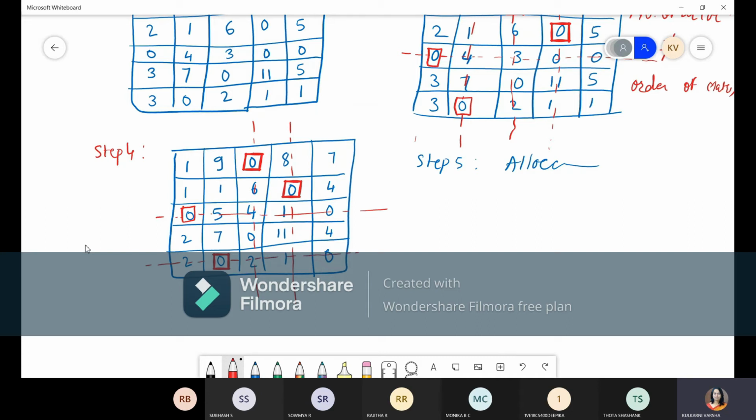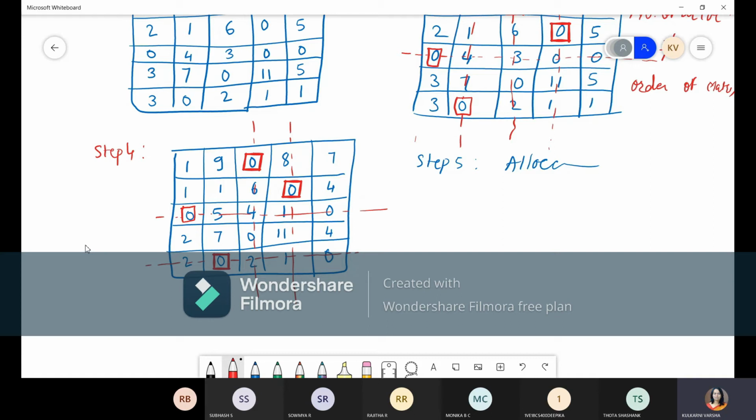Third column is already cancelled, fourth column is already cancelled. Go for the fifth column. In the fifth column, there is no zero, right? So as there is no zero, check once again row wise and column wise. In the row wise there are no zeros, here also no zero, here also no zero, here also no zero. Column wise also it is not possible.